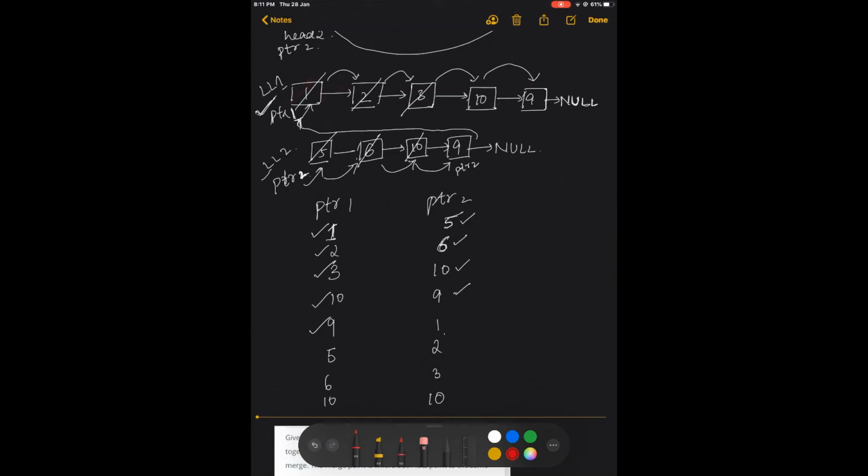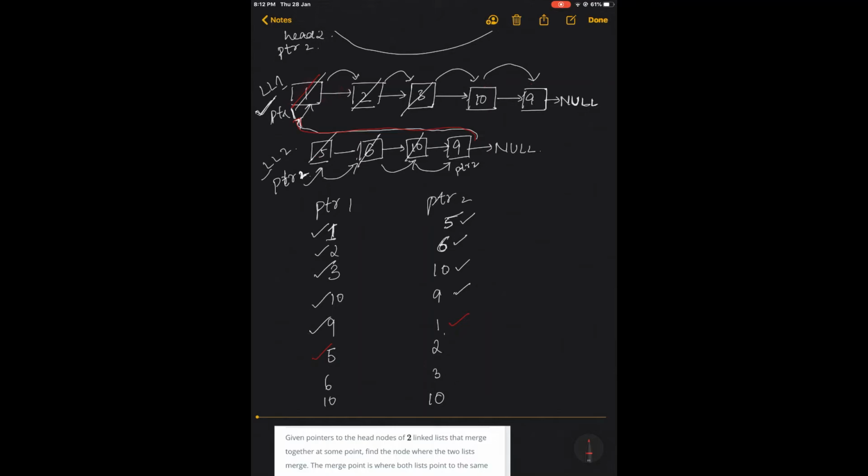And now since we are talking of the second traversal, then comes 1. This, as we mentioned earlier, it has gone back to 1. And then comes 5. The same happens with the pointer 1, it will go to head 2, that is pointer 2, and 5 is crossed out. Next is 2, 2. Here next is 6, so 6. Then comes 3, 3. And finally after 6 we have 10,